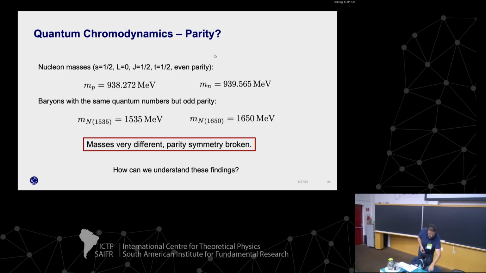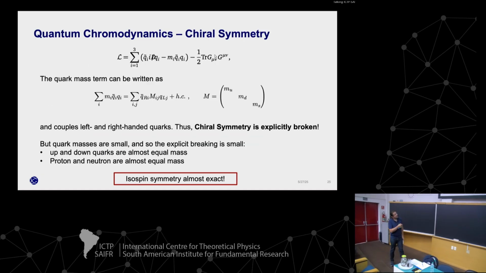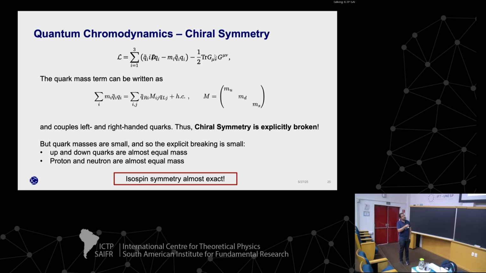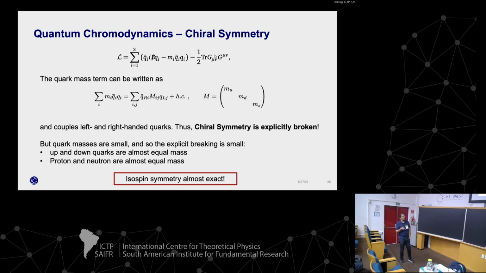So why is this the case? The first thing is, the mass term breaks chiral symmetry explicitly. You cannot really split it into independent terms for left and right-handed quarks. The mass term couples these quarks, and so based on the masses of quarks alone, chiral symmetry cannot be there in nature. But the masses are so small that the explicit breaking of chiral symmetry is only small. And so this is why the isospin symmetry is almost exact, because masses of quarks are generally small. However,